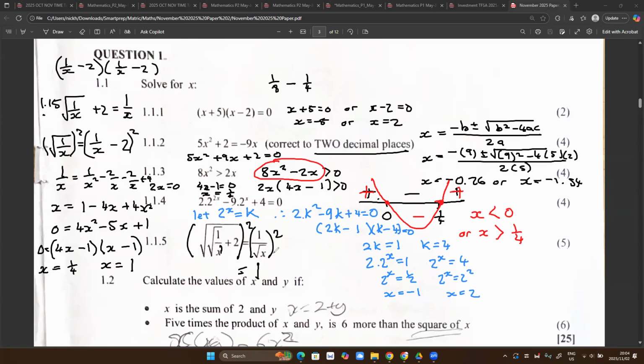Okay, now let's try a quarter. So we put a not equal to. So the square root of a quarter is going to be a half, right? So then a half here. So 1 over half will give us 2. Okay, so we'll get 2 on the right-hand side. We put in a quarter, and then here we'll get a quarter. The square root of a quarter we said is a half, and a half plus 2 is